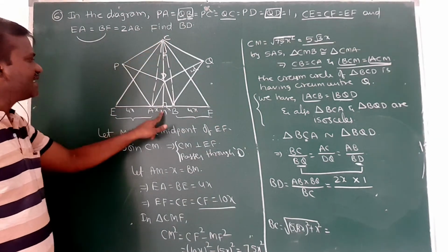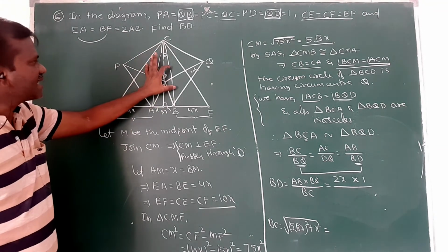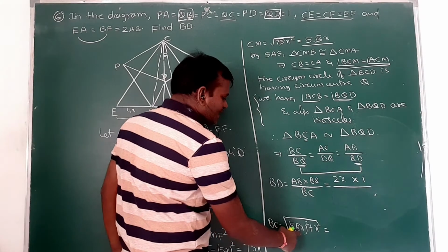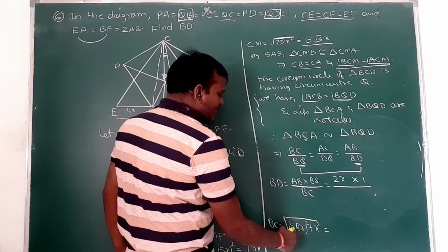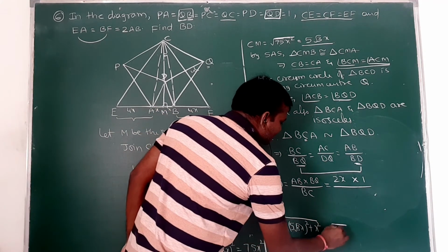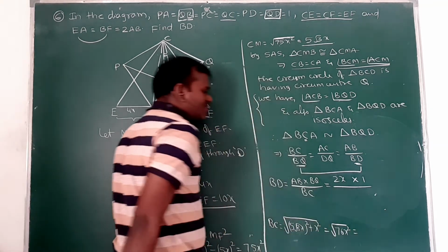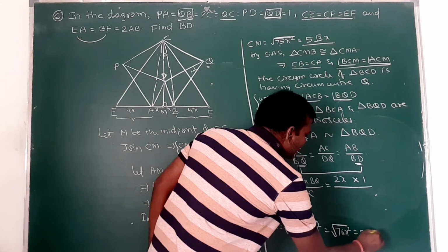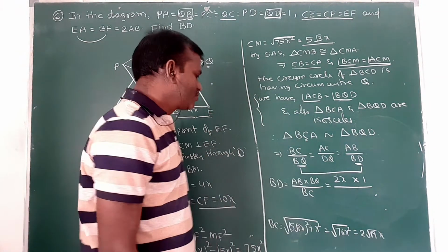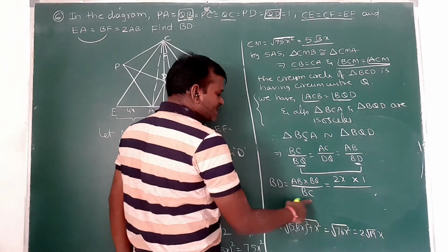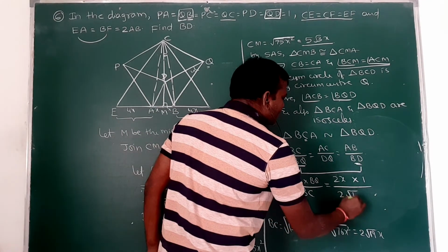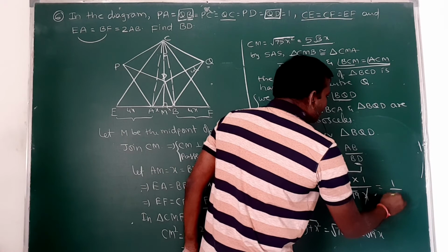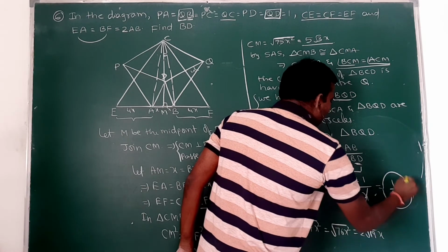So this triangle CM is a right angle triangle. So in this triangle, this is the hypotenuse. So hypotenuse square equals sum of the side squares, I apply here. So what is its value? 5 root 3 squared is 25 times 3, 75 x square, plus 1, 76 x square, root 76 x square. 76 can be written as 4 into 19, that means 2 root 19 x. So if I substitute this BC value here, that means 2 root 19 x, then x and x, 2 and 2 get cancelled. I am getting 1 by root 19. That is the BD value.